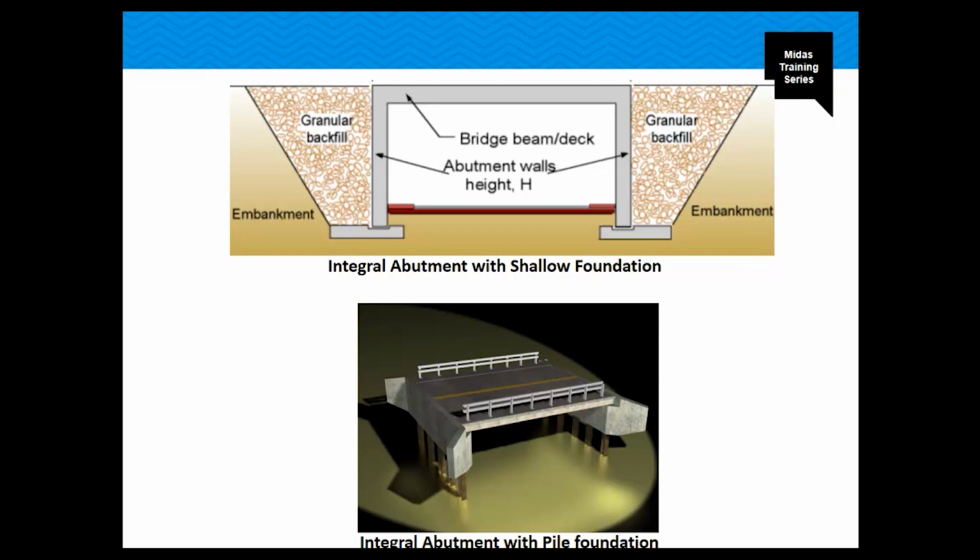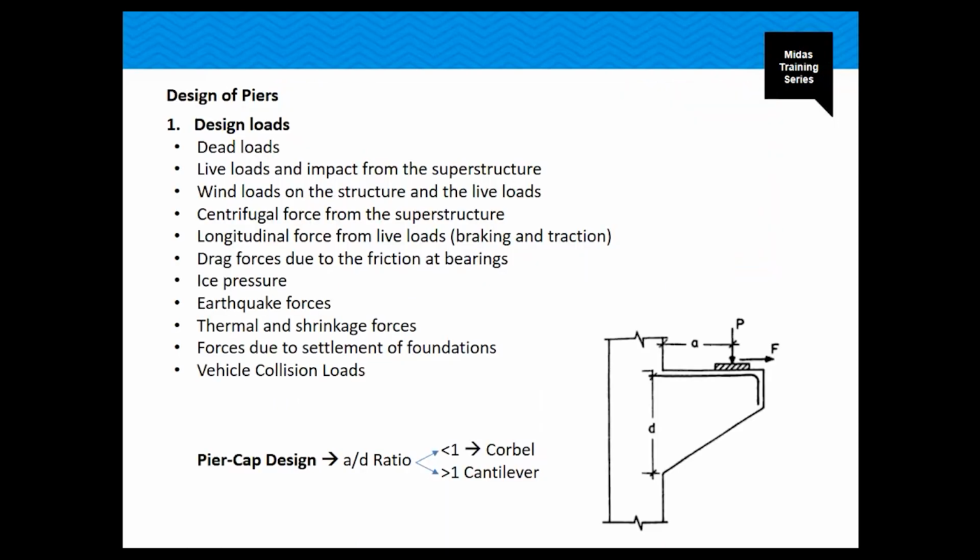But the problem with the integral abutment is that the cyclic lateral expansion and contraction due to the temperature stresses can sometimes result in cracking or buckling, and that effect must be accounted for in the design of these types of abutments. Talking about a little bit of the design portion of the piers,